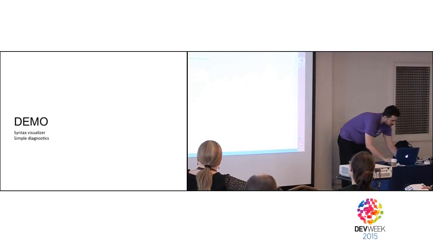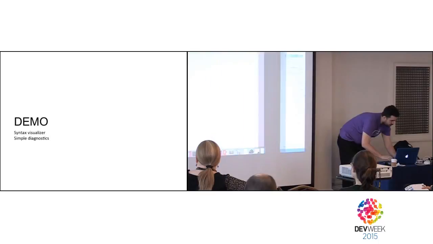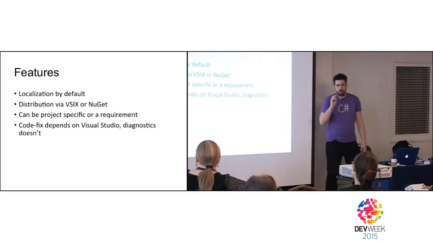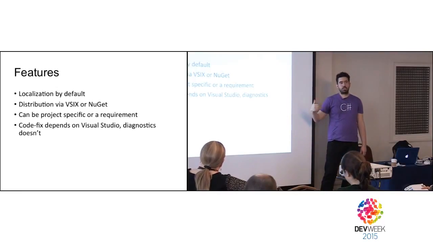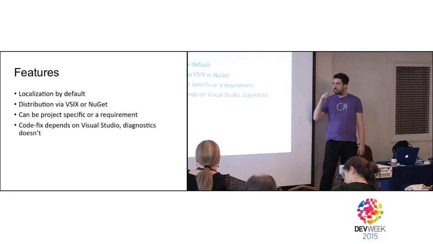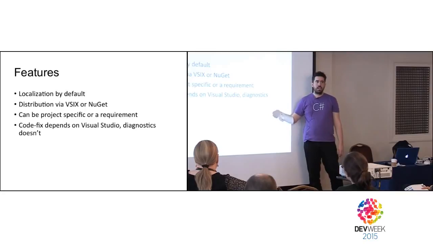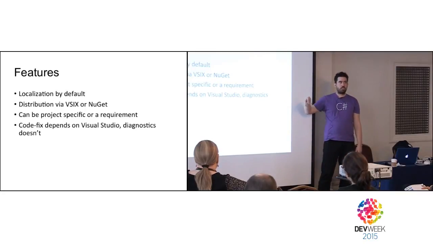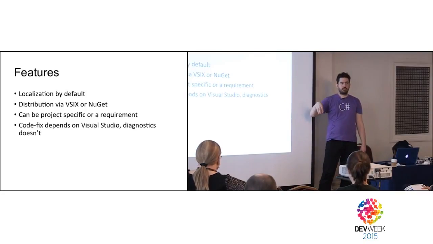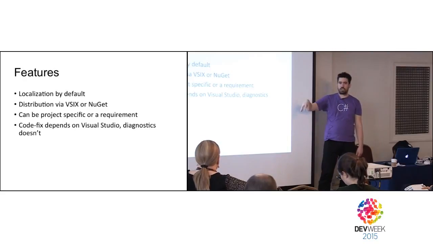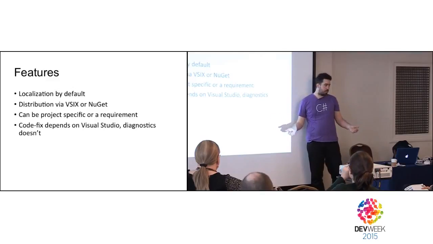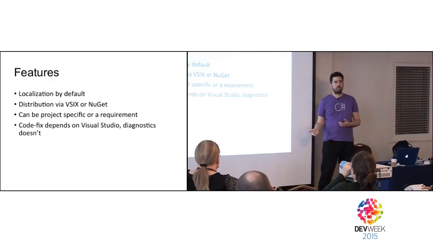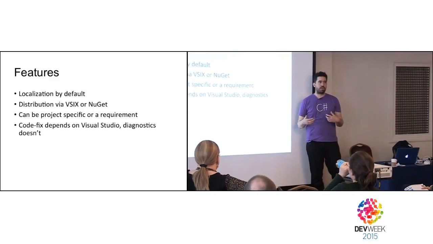Okay, so now let's talk a little bit about distribution. There are two ways to distribute packages. One is via Visual Studio extension, another is via NuGet package. So why use one over the other? When you use it as a NuGet package, it's project level, right? So you can enforce diagnostics on a project level, which is great because when you have a large team in a legacy project and you get a new developer, you want them to, well, when I arrived at a certain